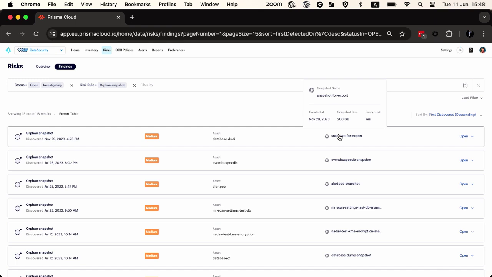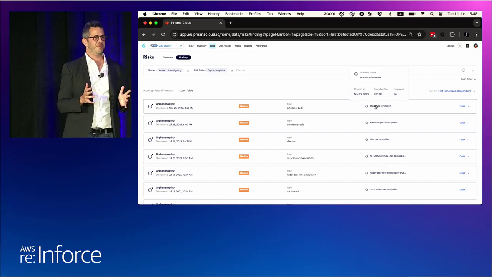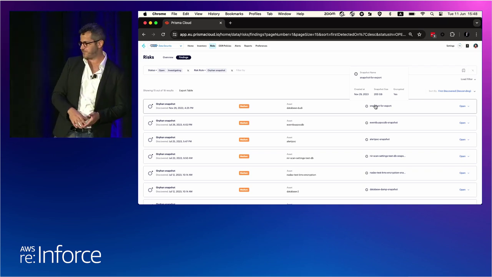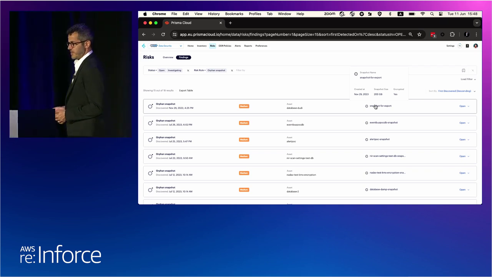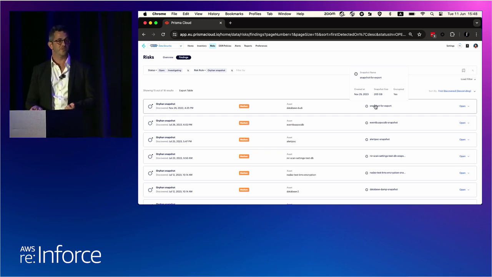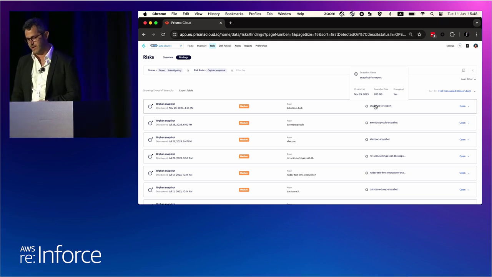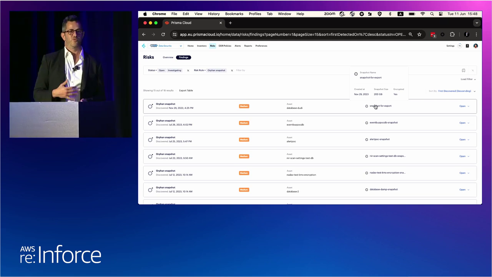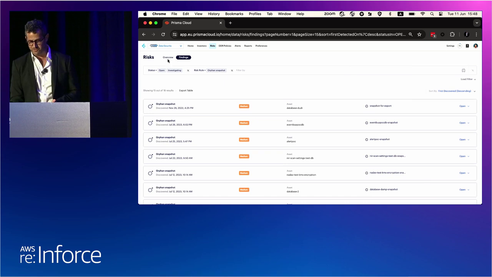And then we're stuck with a graveyard of hundreds, if not thousands, of snapshots that just live in our environment. No one knows that they exist. No one monitors them. And that's kind of the issue there. By the way, this was the issue that Imperva got breached. No one was monitoring their shadow backups. An attacker was able to find them, extract them. No one knew until the information was already out. So we visualize any type of orphan snapshots that live across the environment.